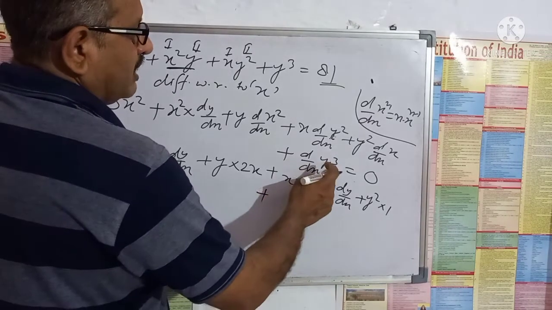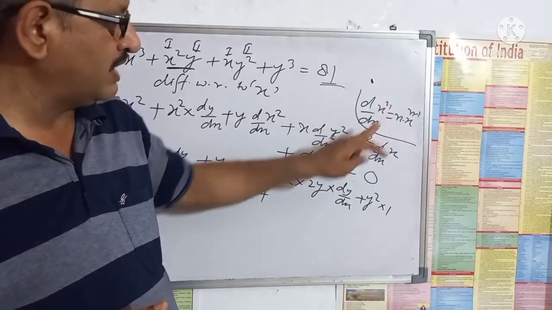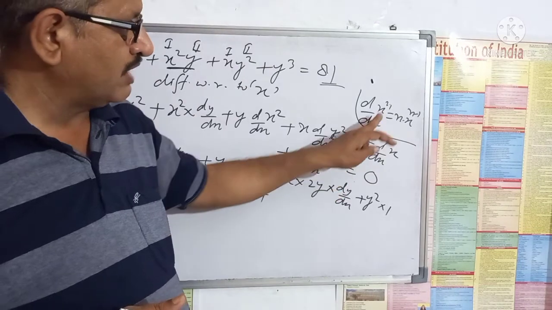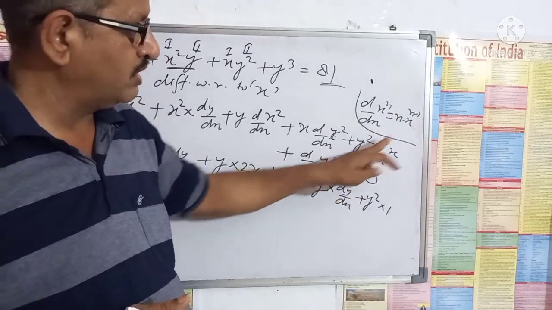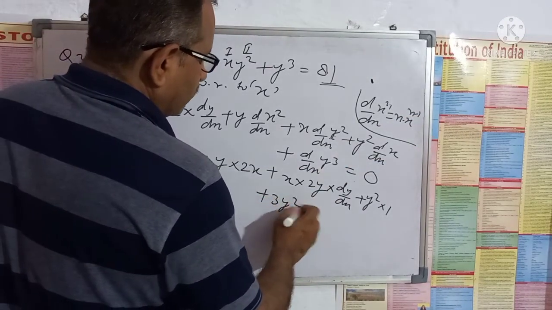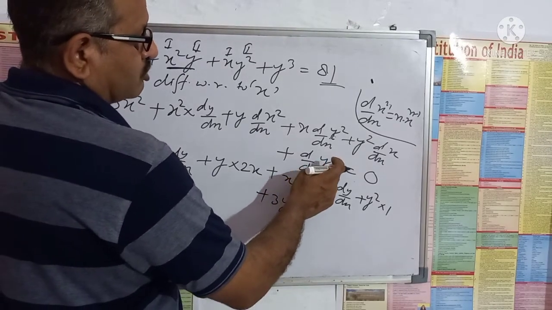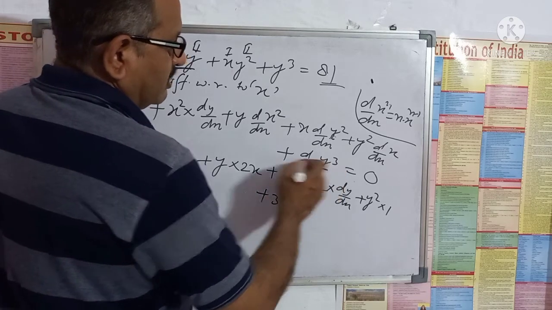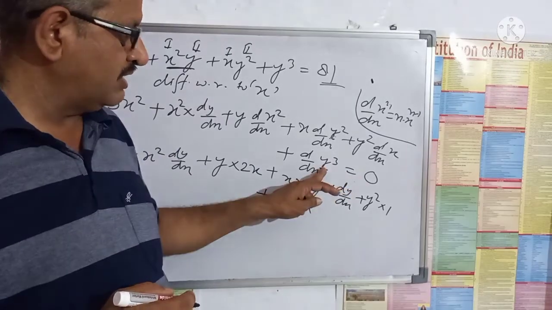Plus d by dx of y cube. Again use this x to the power n. n is 3 here, but in place of x, y is there. So what will be the derivative? 3 into x to the power n minus 1. Here x is y, so 3 into y to the power 3 minus 1. So it is 3y square. Firstly differentiate y cube. Suppose y is x, then derivative of x cube is 3x square, so derivative of y cube is 3y square. Now we will differentiate this y using chain rule. Firstly differentiate the power, then differentiate the base.